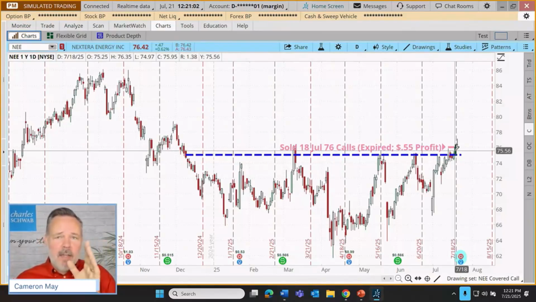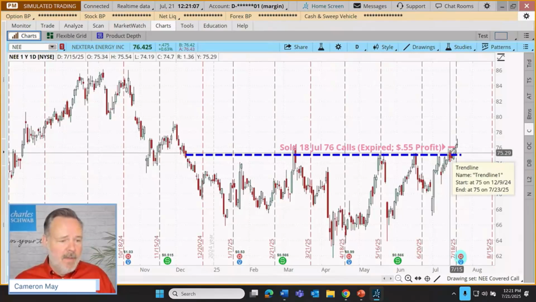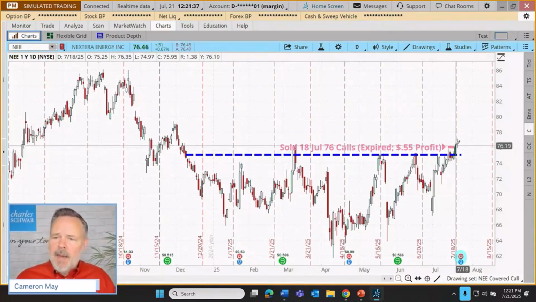Now, when we're that close to expiration and a contract goes in the money, what happens to the early assignment risk? We got away with it here in paper money. May not have gotten away with this in a real account. In paper money, early assignment is not a thing. It doesn't happen. In a real account, when a contract goes in the money, that can elevate early assignment risk. But also, the closer we get to expiration, that can elevate early assignment risk. Now, even with that combination of factors, not every in-the-money contract is assigned early. As a matter of fact, most aren't, but it's still a possibility that a real trade could have been assigned.